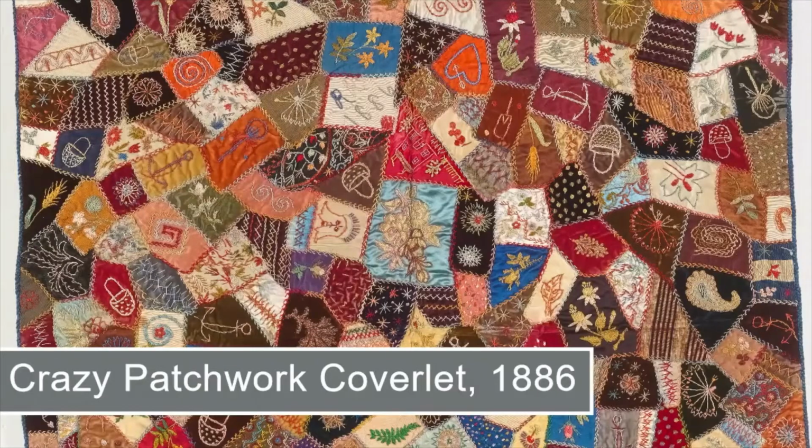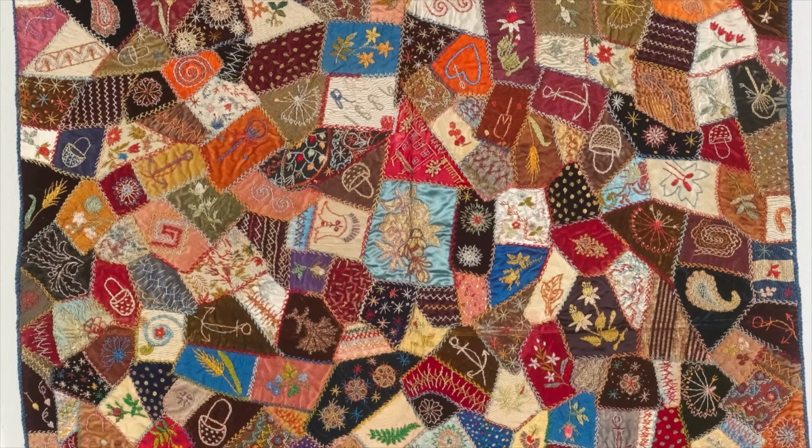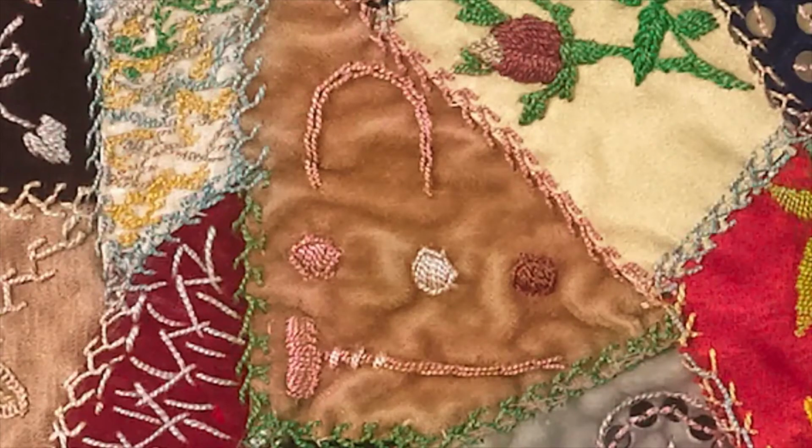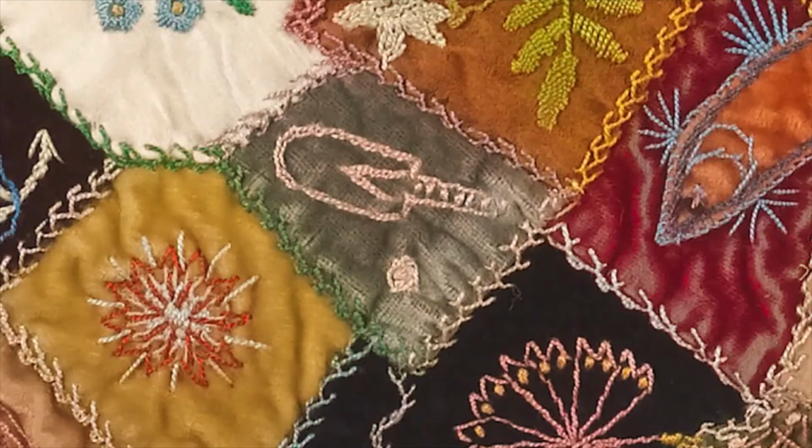This last piece is also another small coverlet, and it measures just 82.5 centimetres square, again probably some kind of furniture cover rather than designed to go on a bed. The seams of the crazy patchwork pieces have been covered in decorative feather stitching, and the centres of the pieces have a variety of different motifs, including tennis rackets, croquet mallets, cricket bats,